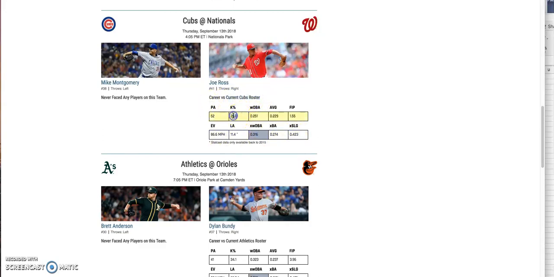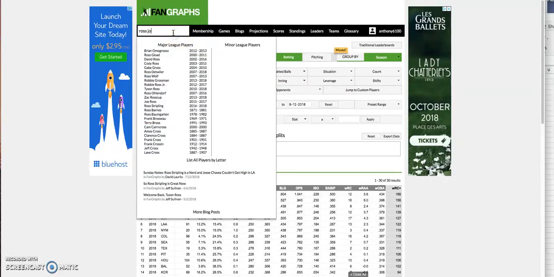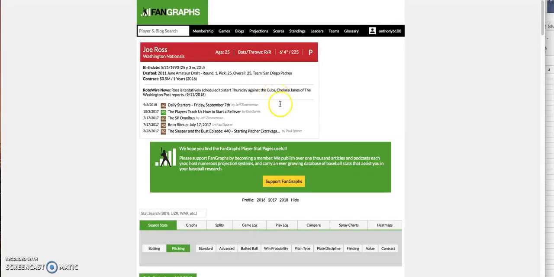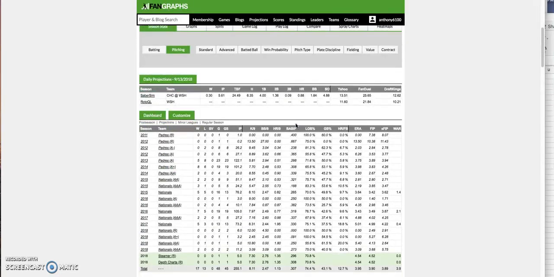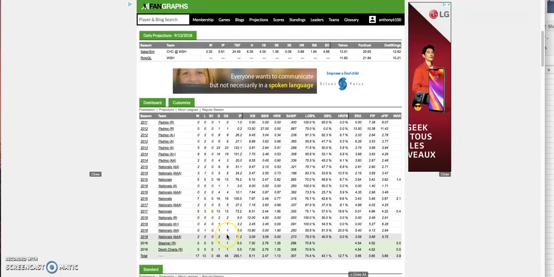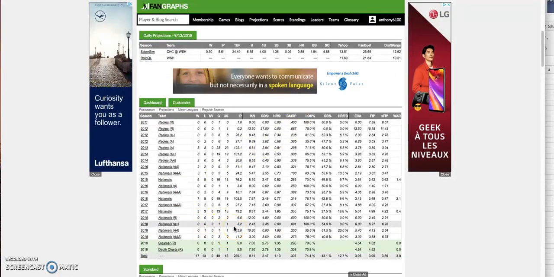We could see his strikeout rate, his wOBA average. This looks good. However, we want to take a little more of a dive. If you guys haven't been able to find a lot of information lately, he spent some time in AA and AAA